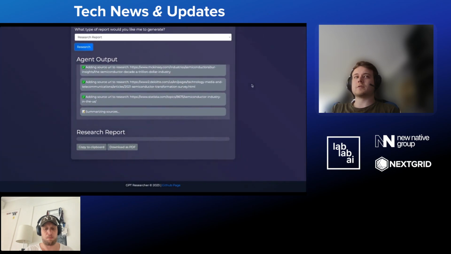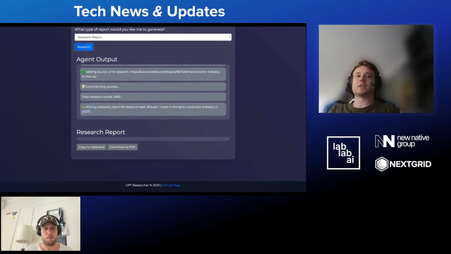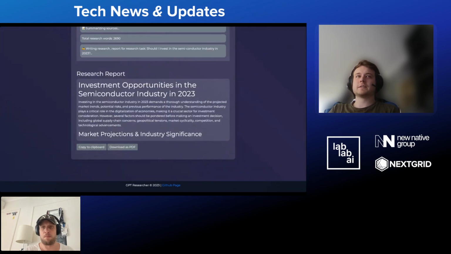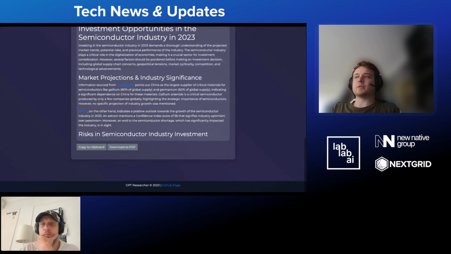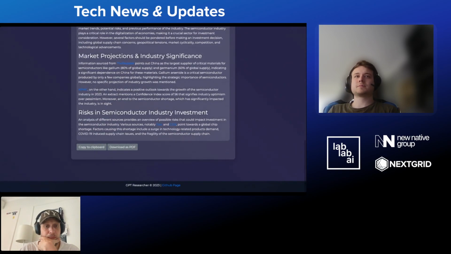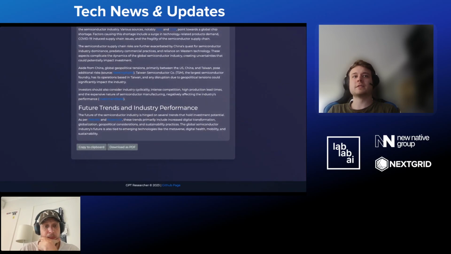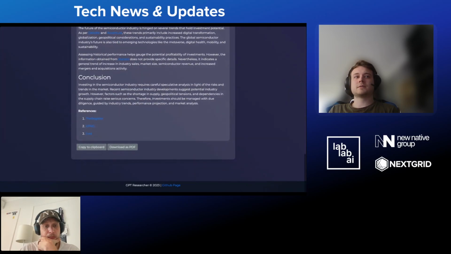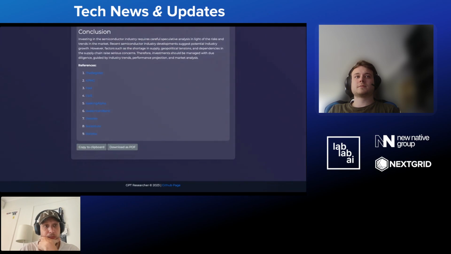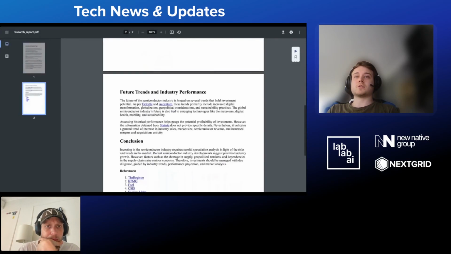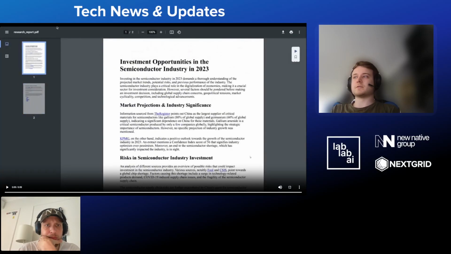Now it's doing all these different kinds of tasks in the background, summarizing these sources, and then you get this entire report, just completely written within a couple of seconds, basically. And I think this is really cool and provides a lot of value. You can see right here that this even outputs a PDF file of this report. Oh, that's really cool.